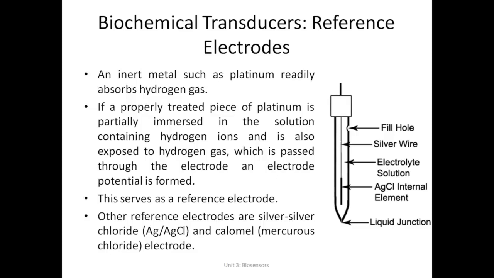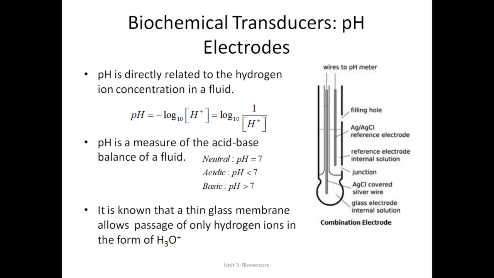The calomel electrode and the silver chloride electrode are very stable over long periods, and therefore they are very well used as reference electrodes. So you have hydrogen electrodes, silver chloride, or mercurous chloride combinations which can be used. Hydrogen is somewhat unstable, so silver chloride and mercurous chloride electrodes are very popularly used as reference electrodes.